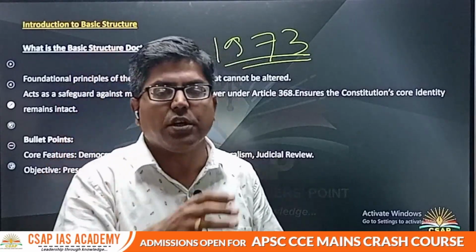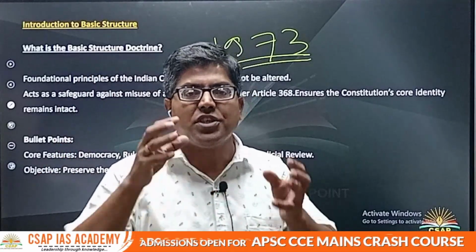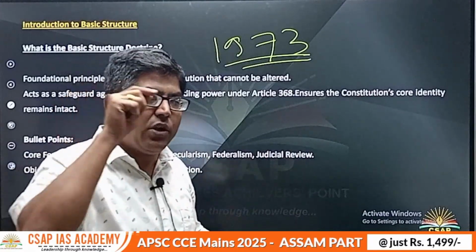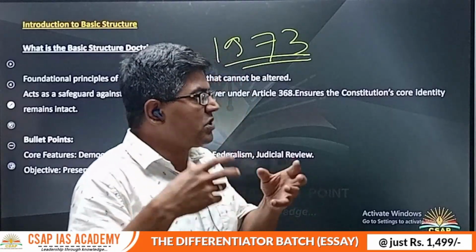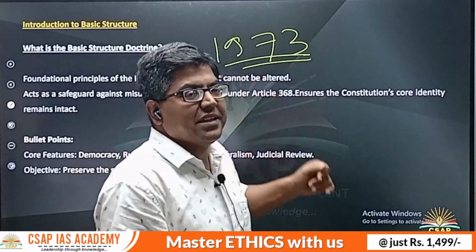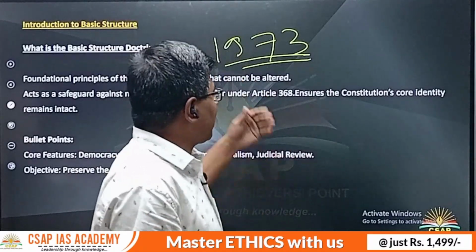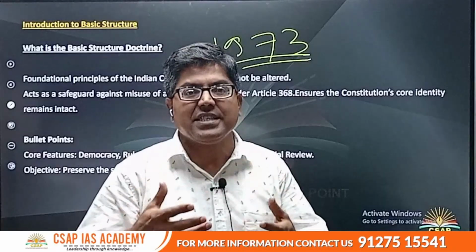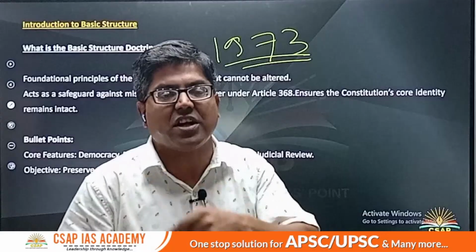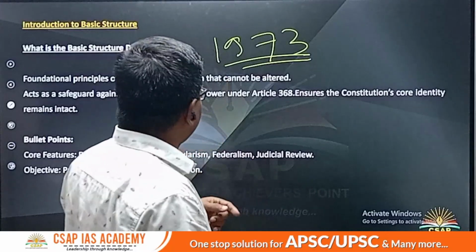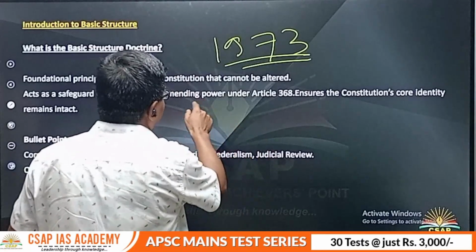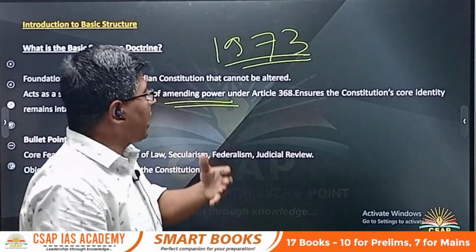Parliament through constitutional amendment could bring about changes in any part of the constitution, right. However, in doing so, it puts another caveat, and that caveat comes as the basic structure doctrine. It says that in doing so, the parliament cannot violate the basic structure of the Indian constitution, right. So it has in a sense put a limitation on the amending power of the parliament.